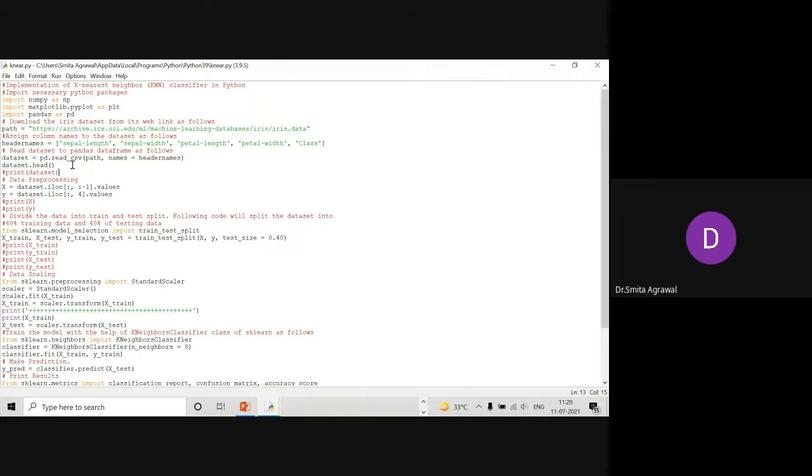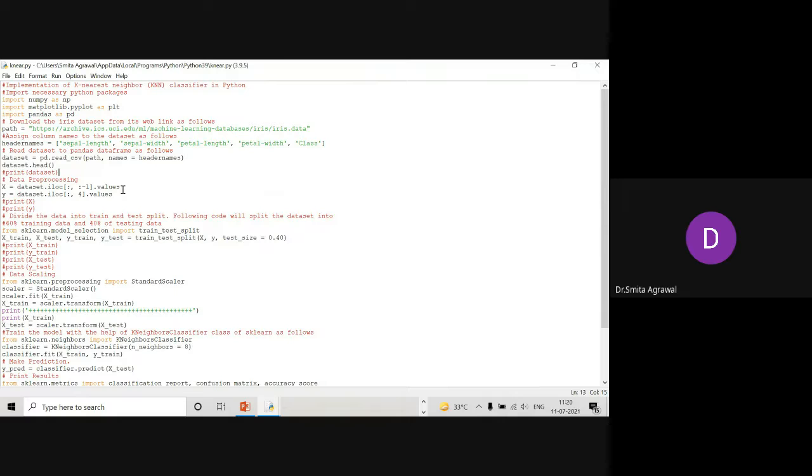Then X is equal to dataset.iloc, in brackets colon comma colon -1. With this we can extract the columns from the data set. In the data set, the last column represents the class, so we can extract the values from the data set.